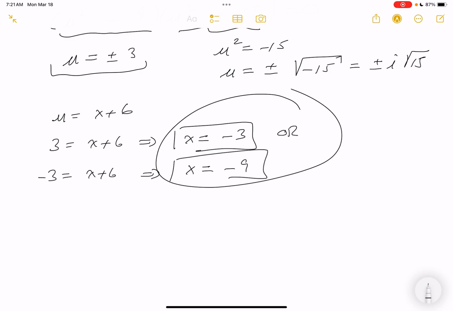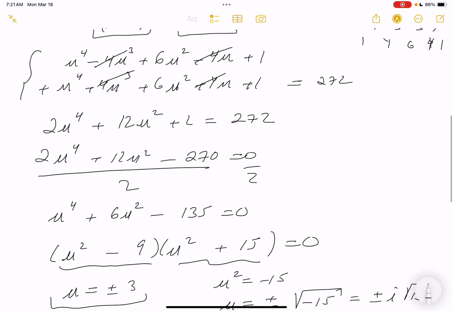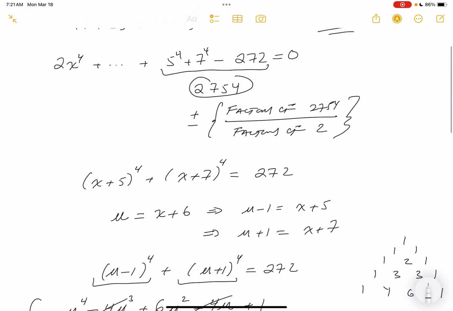Now, granted, there's other ways of doing the problem, and I want to suggest that you look around for other possible ways of doing the problem, including using computer software, which I will go through. But anyway, there's the two answers, minus 3 and minus 9. If you want to check them, you can. Someone says, where would you check these guys? Over here. If you checked out x equals minus 3,